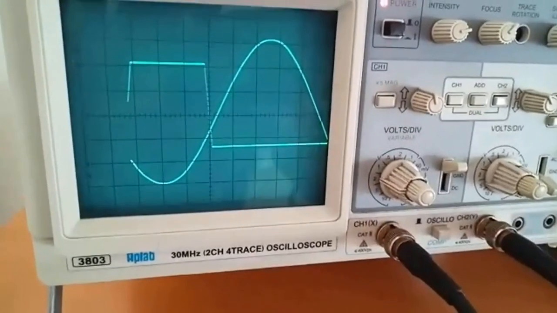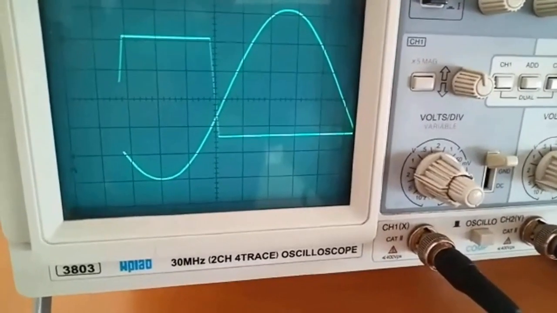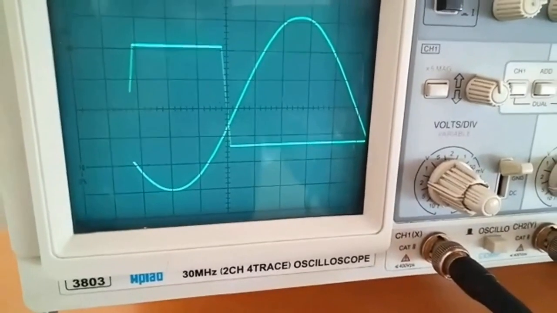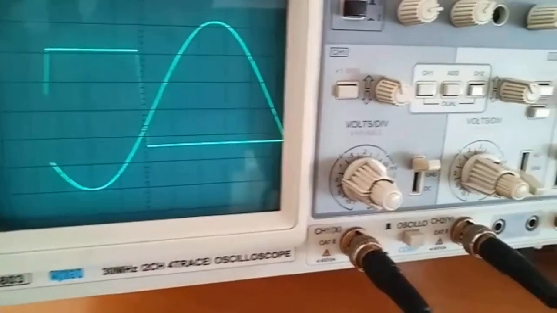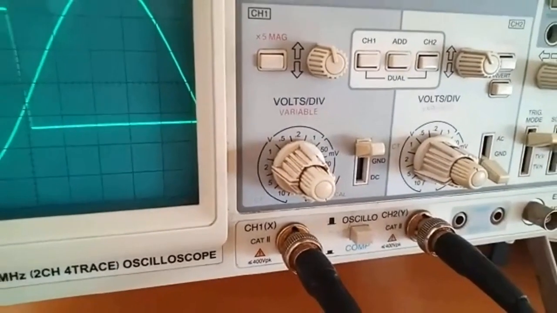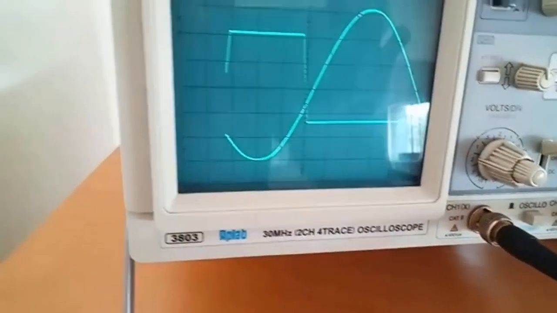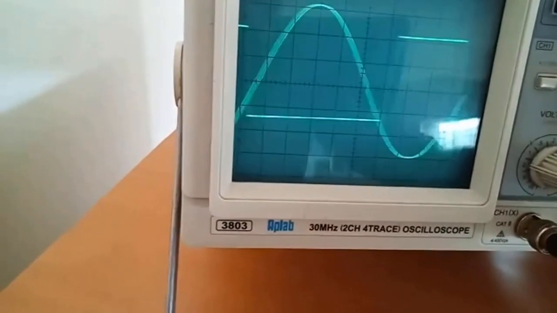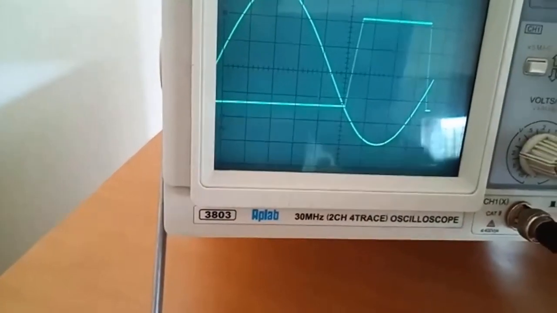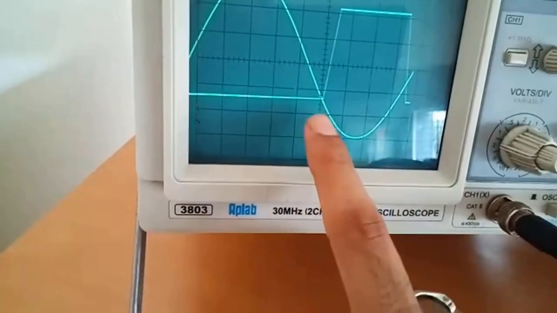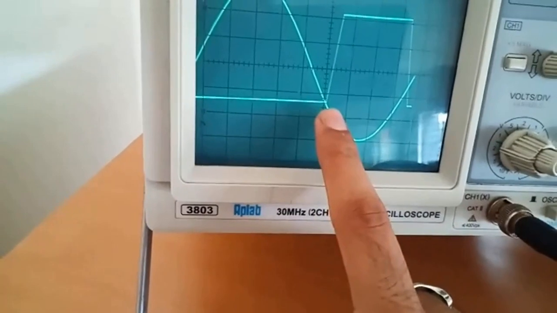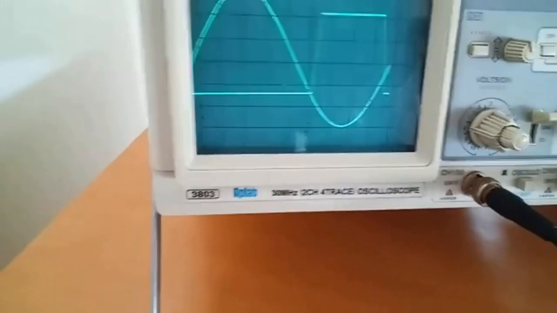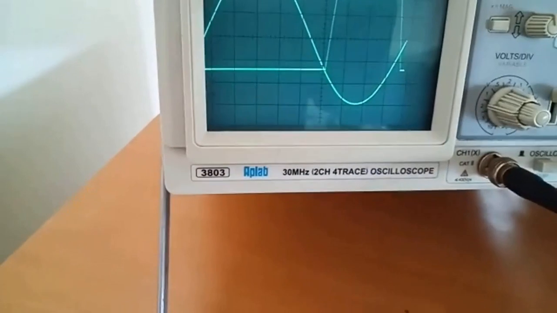The upper triggering point and lower triggering point. This is the lower triggering point. It is 0.6 to 0.7, I think you can say, multiplied by again 5. So it will give you around 3.5. That is the lower triggering point. Then the upper triggering point, as you can see over here, is almost 1.2 or 1.3 multiplied by 5. It's roughly 8. So both the upper trigger point and lower trigger point are actually negative.